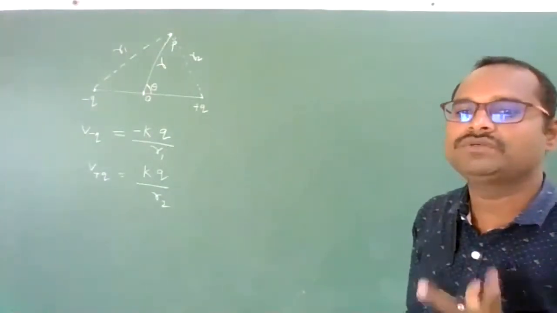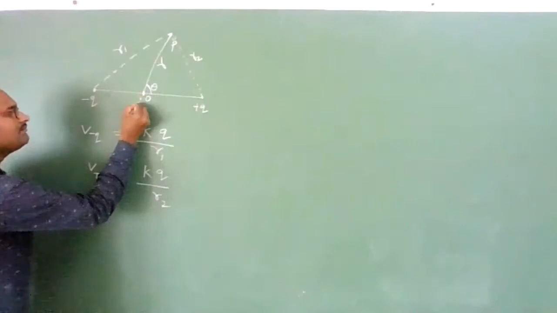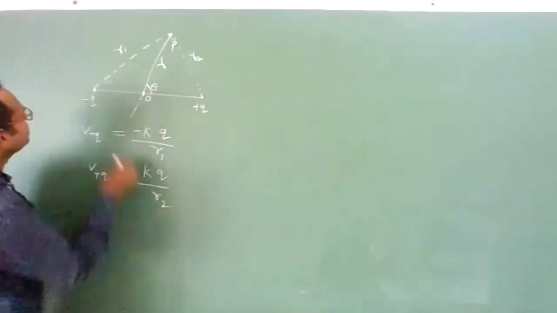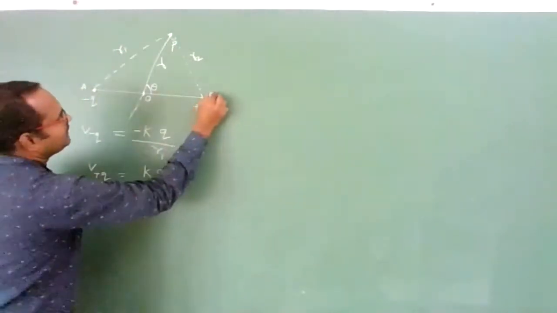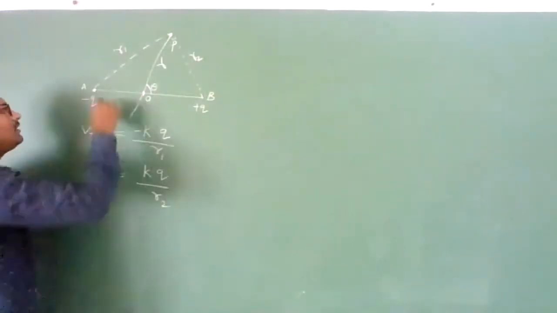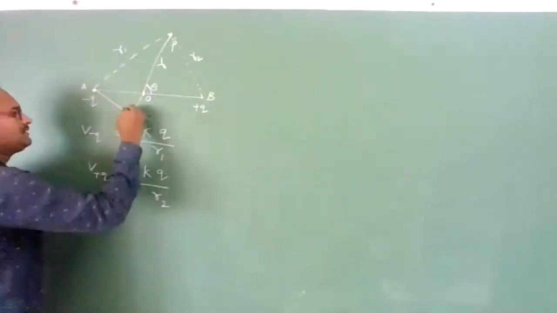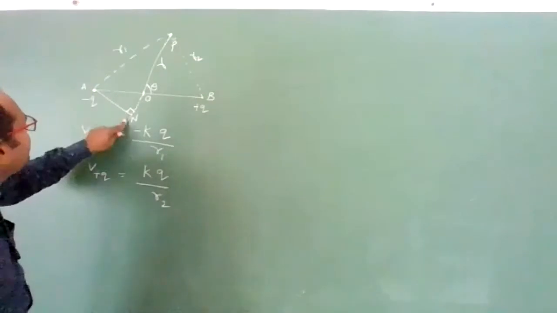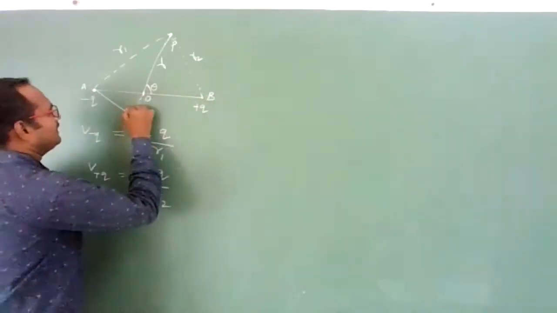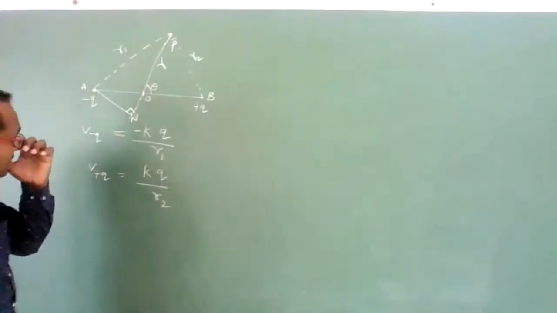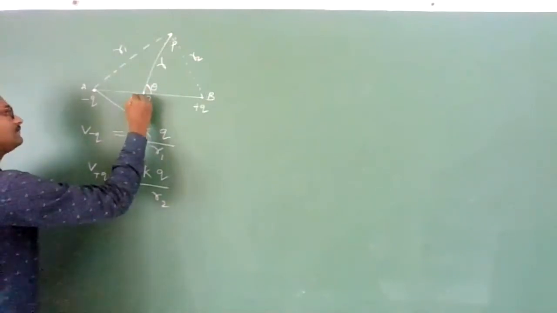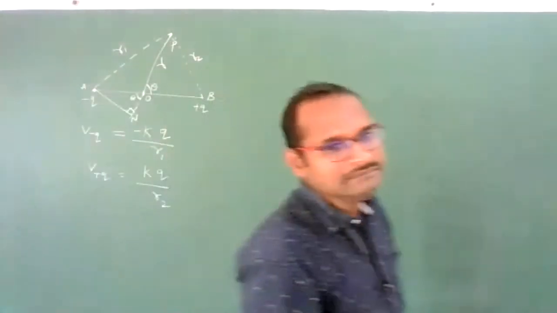So for that, what you need to do, students, is extend this line in the backward direction like this. Now let us give this name AB. Now drop one perpendicular to this, 90 degrees. Take name N for this. Triangle ANO has formed. Clear, students? If this is theta, then this is also theta.